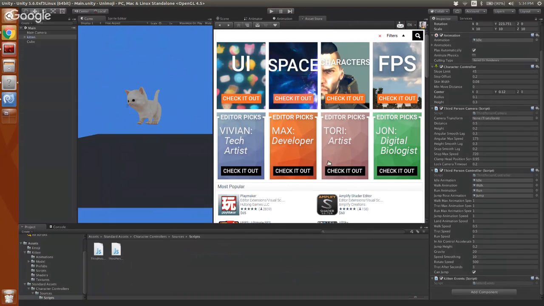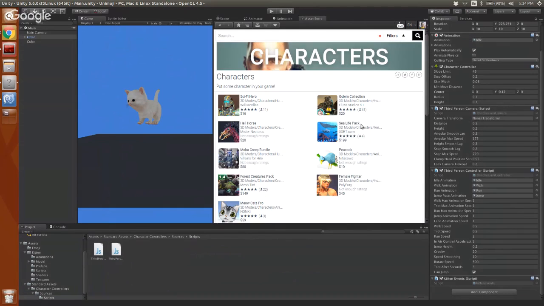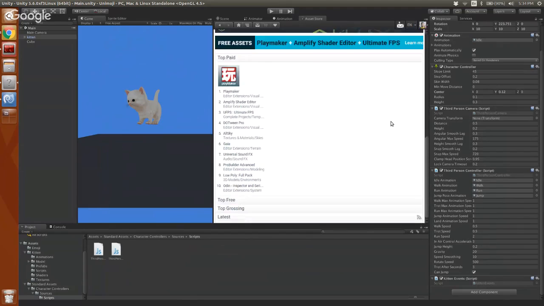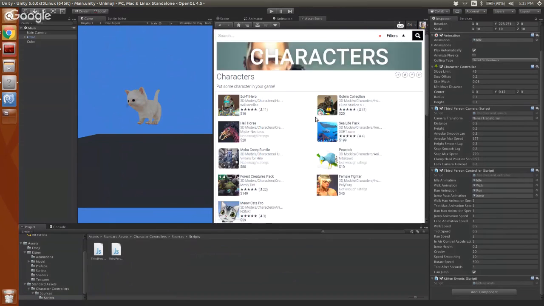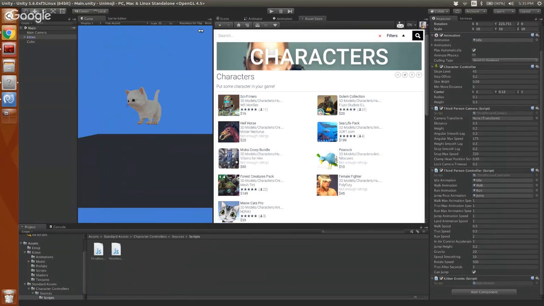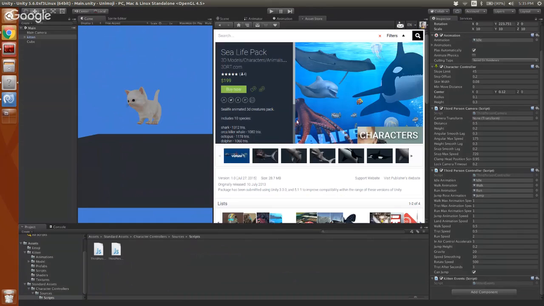This is a great resource to know about, to find things you want, get temporary art for your game, or real art. And if you play enough games and hang out in the Unity Asset Store enough, you'll see actual games that have bought assets from here, and you'll be like, oh, that's where that art came from. They paid for it in this asset pack. They paid $20 for it. So it's super cool. There's tons and tons of cool stuff in there. Sea life pack, we could get some manatees in here.